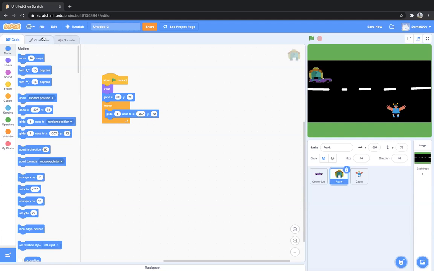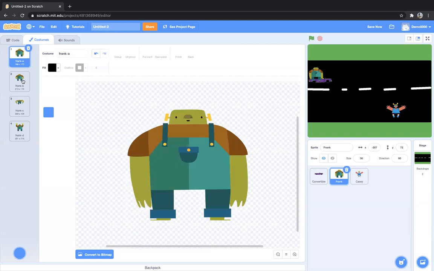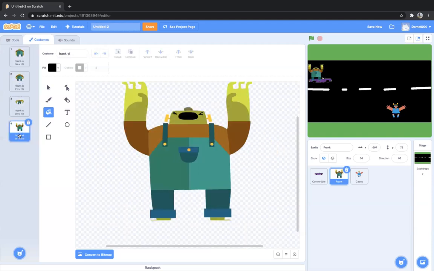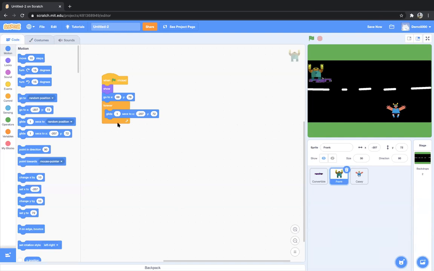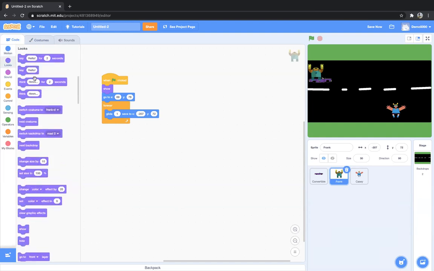Now go to costumes and see Frank has different costumes here, right? So I'll go to code. Whenever Frank glides, the next thing Frank should do is, I'll go to looks and choose this next costume. I want Frank to change the costume. Now Frank is gliding till here. Now I want Frank to reappear from the right hand side, from here.